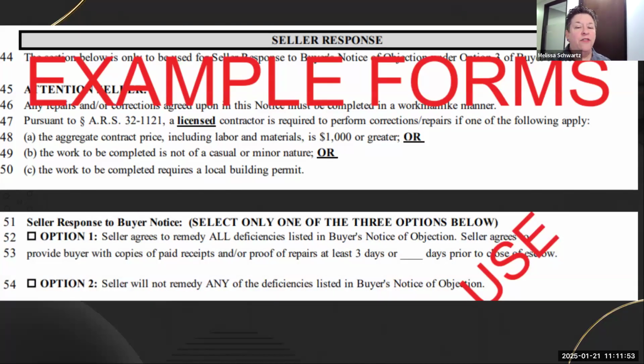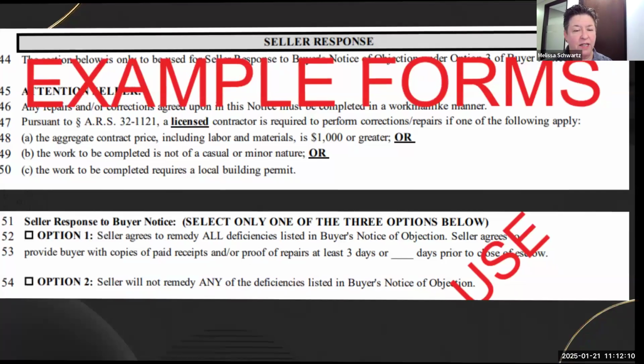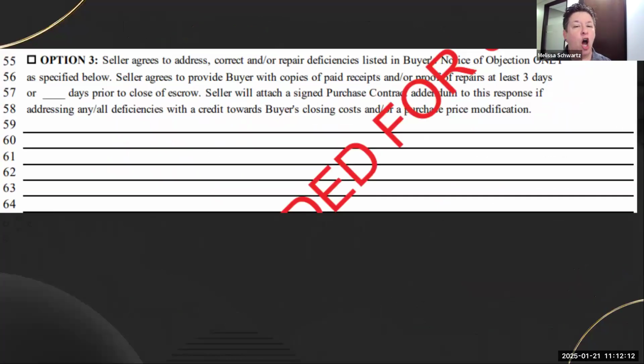Seller response, they're agreeing to remedy all deficiencies, okay? They're going to provide buyer with copies of paid receipts and proof of repairs at least 3 days or blank days prior to escrow. Somebody needs to change that 5 days on that beginning thing. Option 2, seller will not remedy any of the deficiencies. And then option 3, they agree to address as follows, right? Let's see if it says something about,